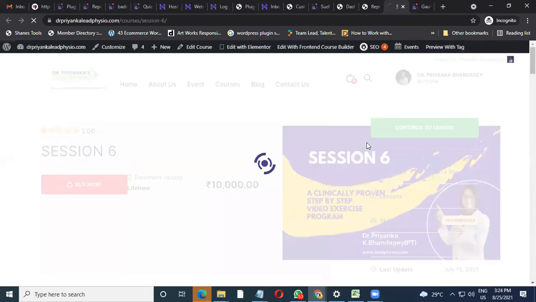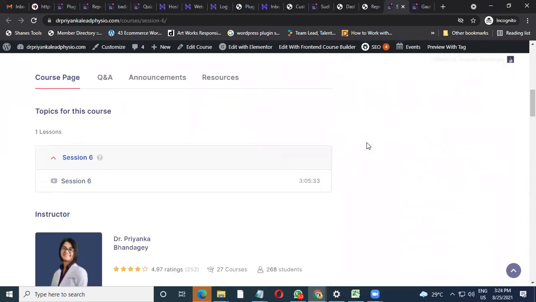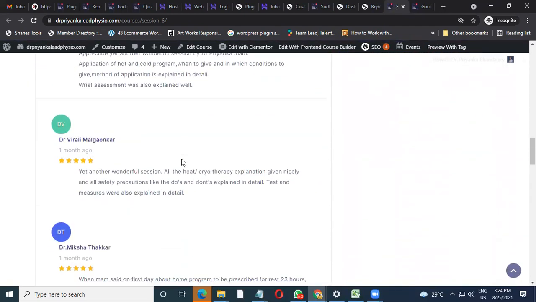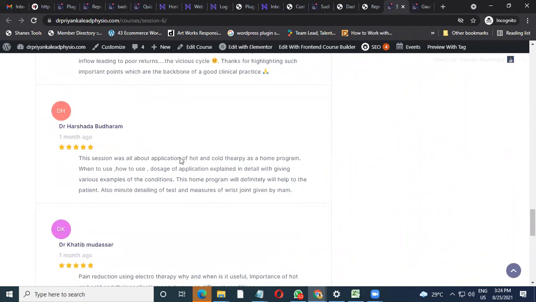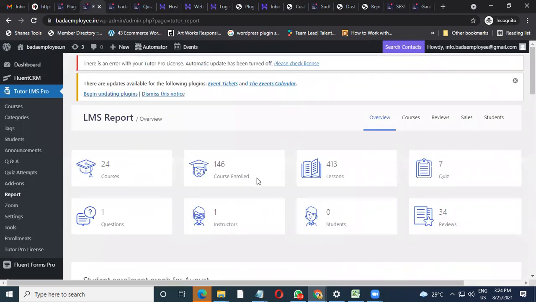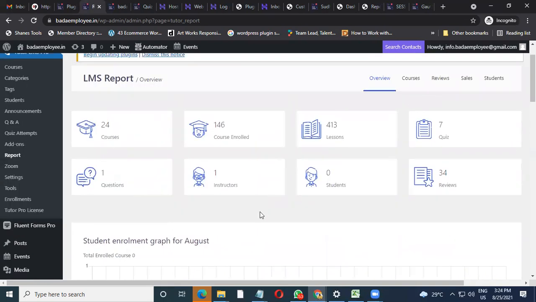If you ask a student to just write a review, they will be writing the review, and on your course landing page, all the reviews are being shown over here. So this is how the reviews can be brought up. So the process is already there. What you just need to do is, after you give your courses to your students, let them know if they like it, they can write a review directly on the landing page, and the review gets published on your landing page automatically. So these options are already there, which can always help you to boom up in a better way.